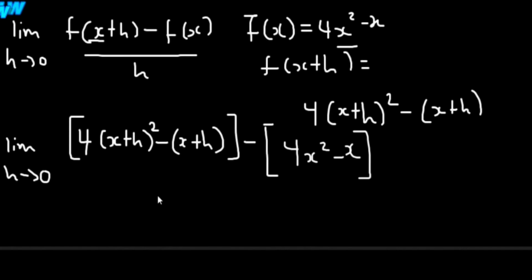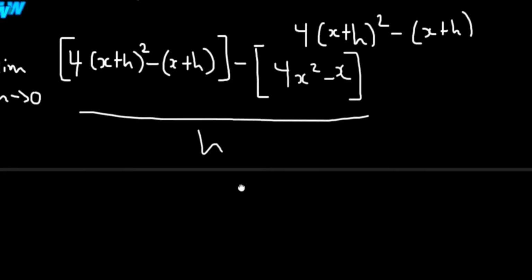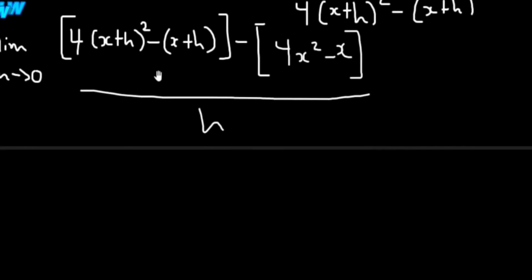Okay, so this is what I have, all divided by h. So for this to be easy for us, let's simplify what we have on top. So the limit as h approaches 0,